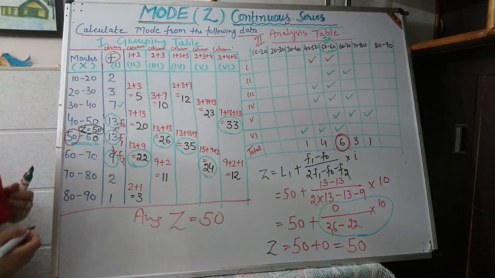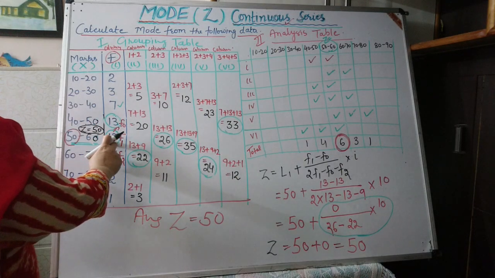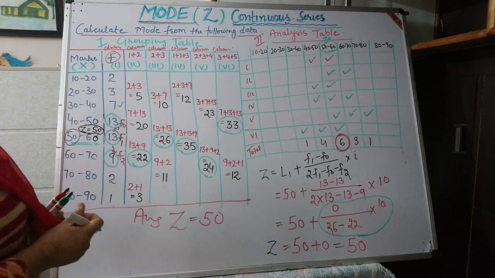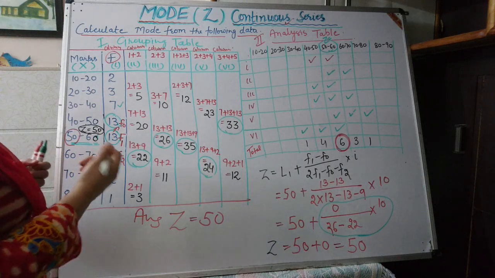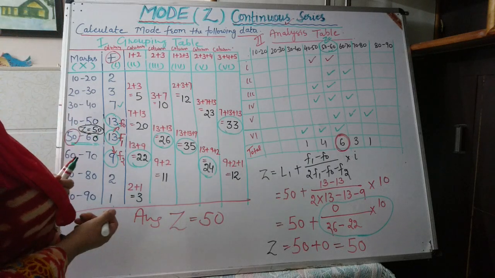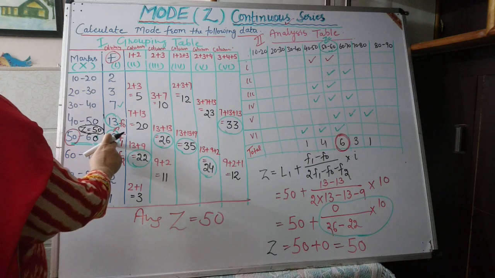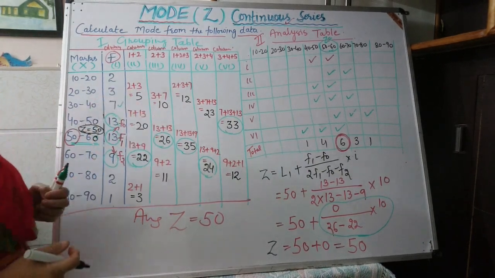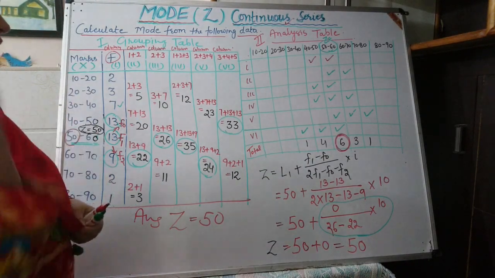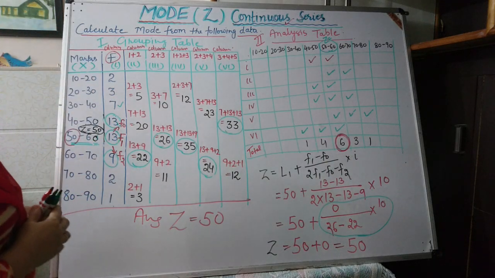So in this way we can calculate the mode if the values are of such a type that there are two highest frequencies. In our definition we have defined that mode is the value which occurs the maximum number of times in a frequency distribution. So here two maximum values will be there in terms of frequency, and if such a type of problem arises, then we will convert to a grouping or analysis table to find out the actual modal value. So that's all regarding this numerical.